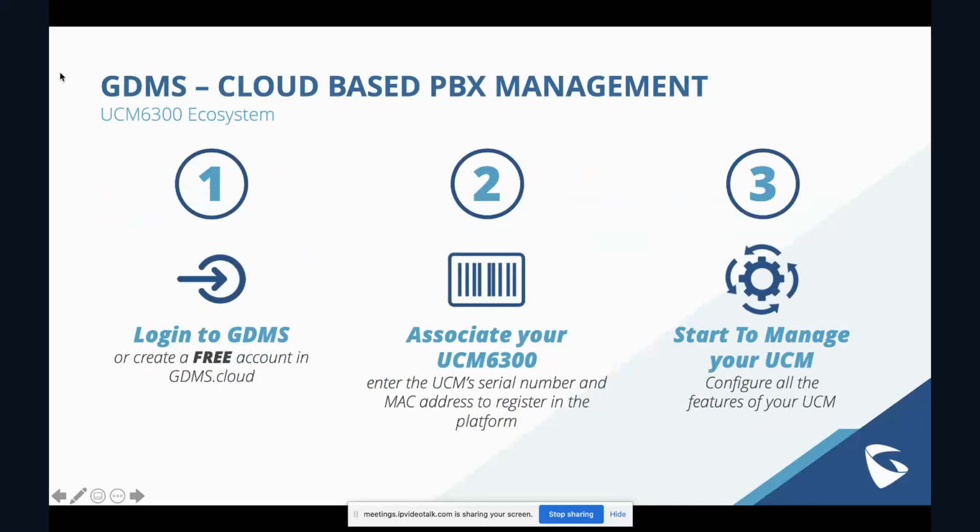And to give you more of an idea of truly how easy everything that we just talked about is to set up. When you do get a UCM6300 series IP PBX, all you're going to have to do is go to gdms.cloud, create an account, which, by the way, GDMS is free in case you didn't know. Always has been, always will be. Or log into your existing GDMS account. Number two is associate that new UCM6300 series with your GDMS account, and then you can start to manage it,